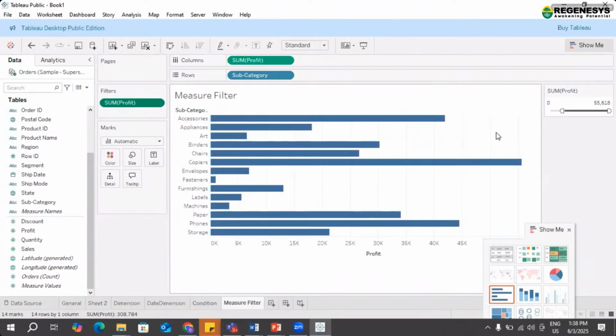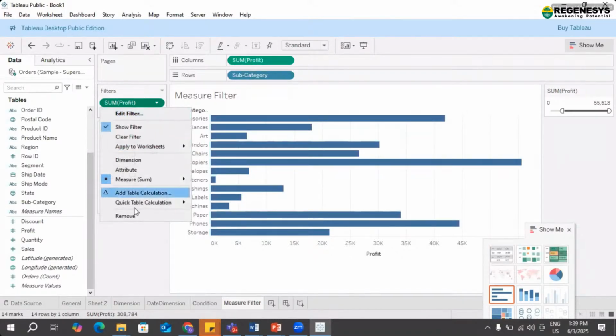Maybe that product is not good, maybe the price is high, maybe the quantity is less, so that's why it is not working in the market. So first of all the organization needs to understand which product is not making money, which product is in loss, which is making negative profit. That is how you will get it from the filter which we have applied.